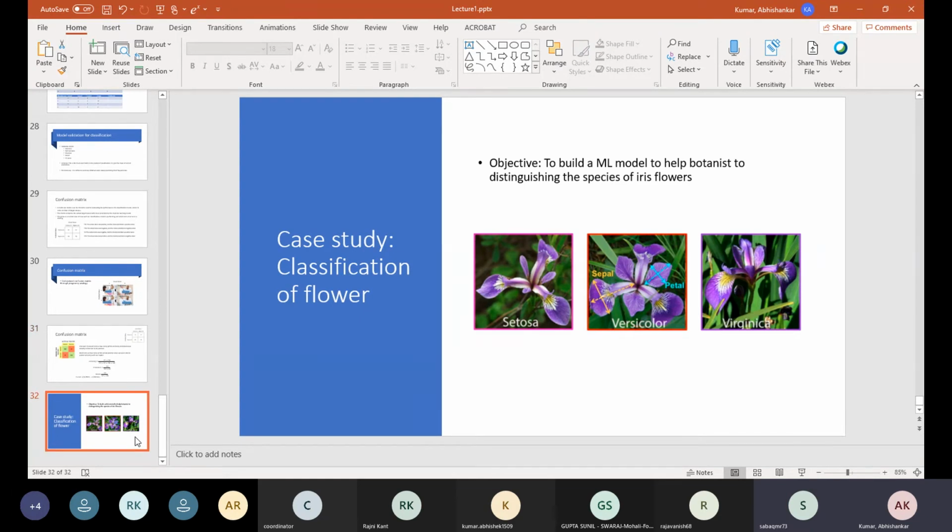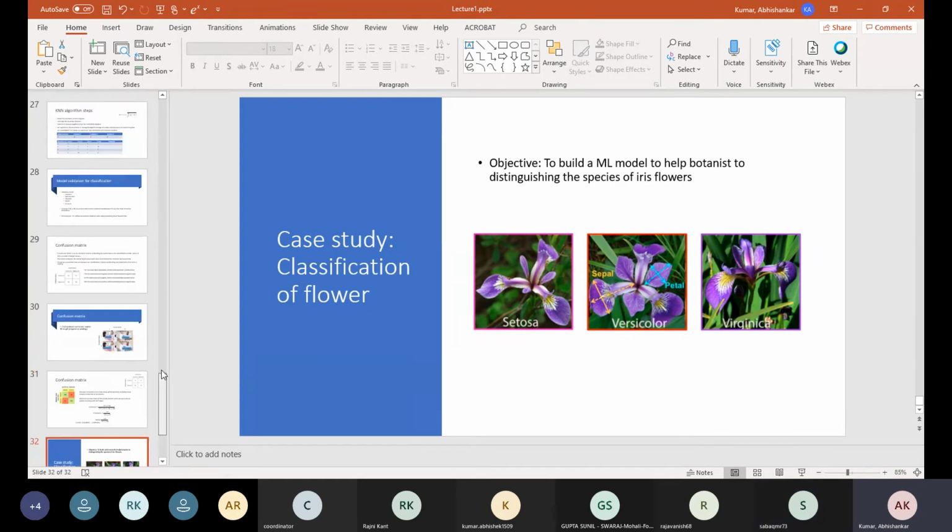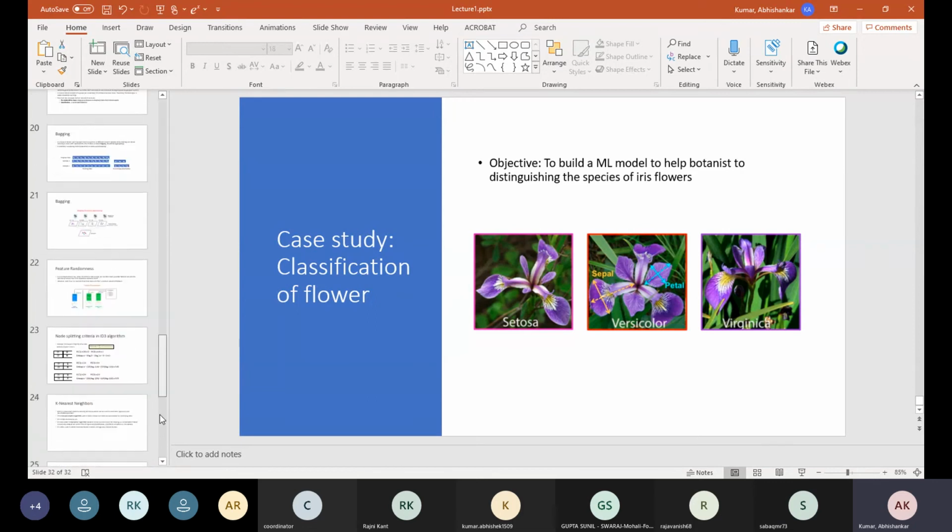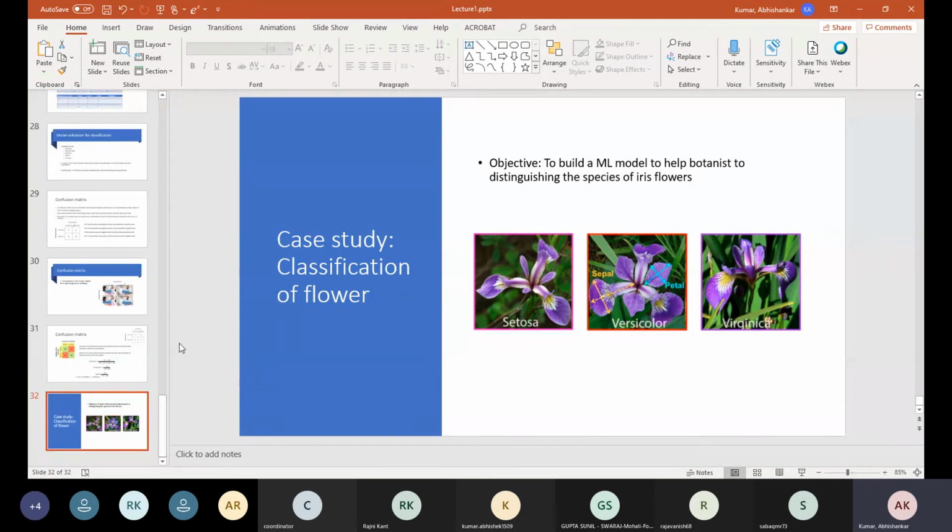I will share the PPT along because we are going to have some sort of test very soon. So better you go through all this PPT and the case study. My test will be mostly hands-on, like a Kaggle competition. Whoever gets better accuracy will get better marks.